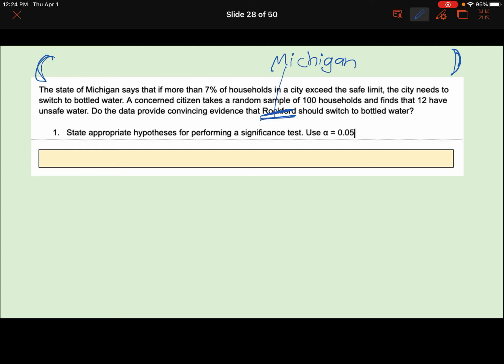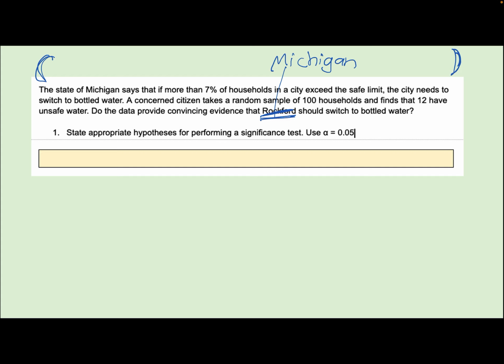Here we go. All right, so first of all, we need to figure out what our hypotheses would be if we were going to perform a significance test. I want you to try this problem, and then also questions 2, 3, and 4. Further if you can, but hopefully you can get through about 1 through 4, and then when you're ready, hit play and we can go over those together.